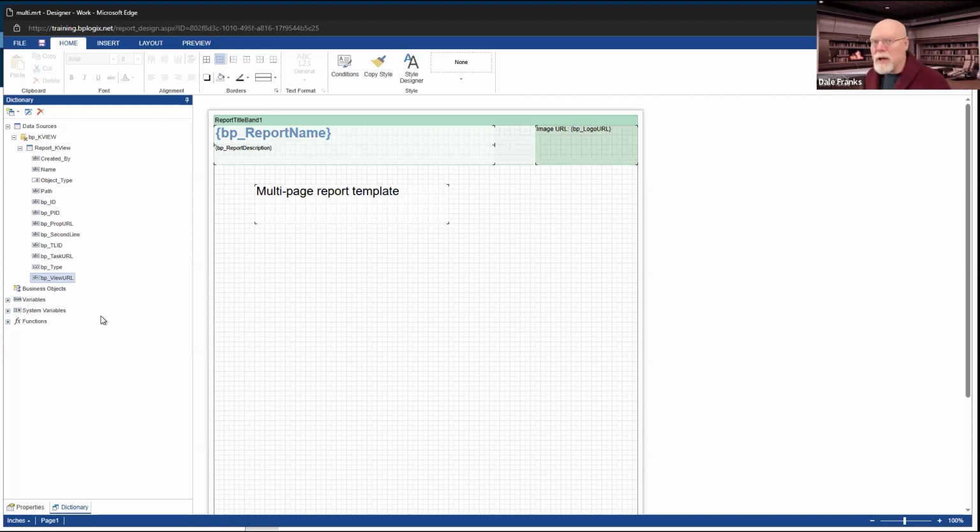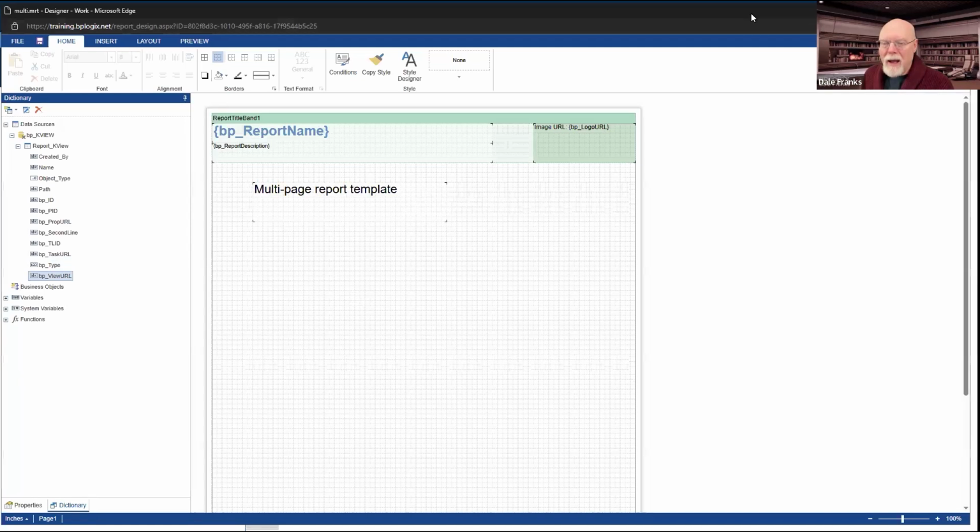Now, because we're using a knowledge view, there are some little quirks in how knowledge views work that you're going to need to be aware of. And even though it's not obvious, if you look at the object type field, each of these fields have a little icon right by them.